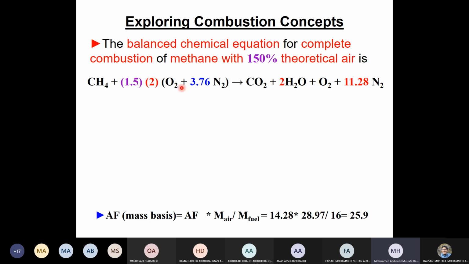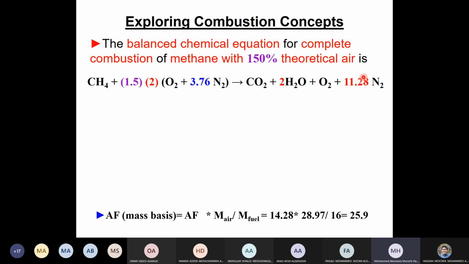So now the equation was, this is 1. This is the theoretical air. If we write this 1, this is theoretical air. Now we make it 1.5, which means that we are adding an extra 0.5. Therefore, in the products here, we have 0.5 multiplied by 2. This is the extra oxygen. So put 1 here. And then for the nitrogen, multiply this by 3.76 to give us the amount of nitrogen. So this here is a reaction equation with 150% of the theoretical air,